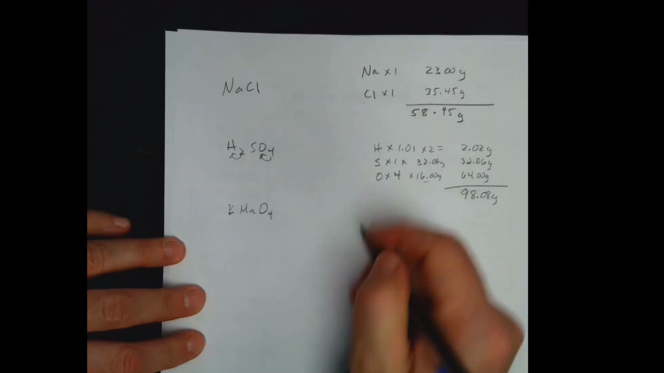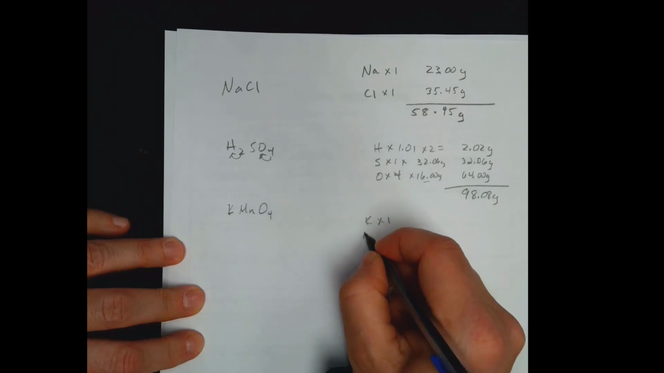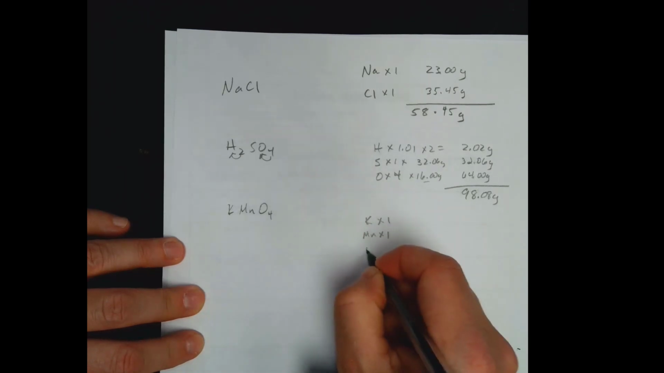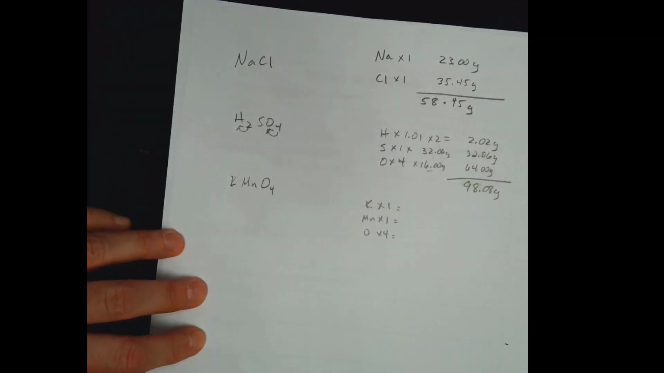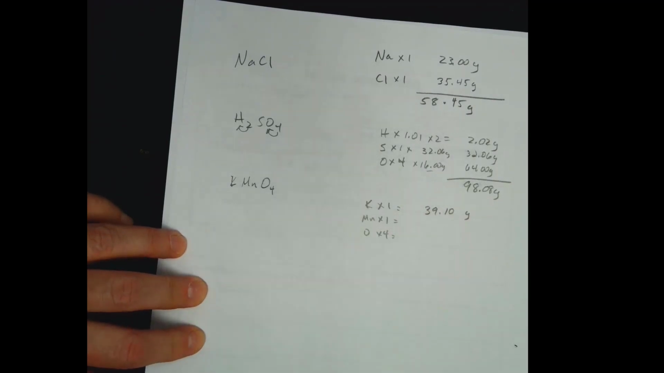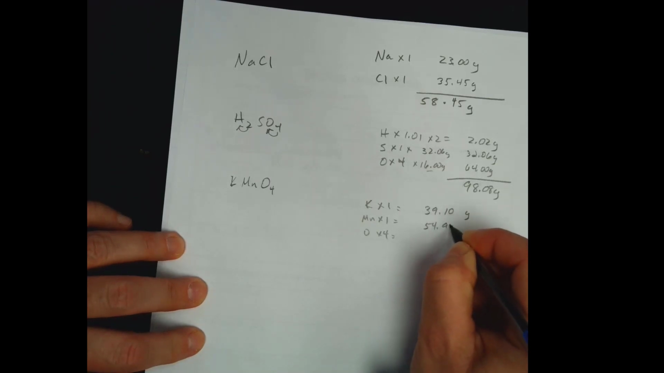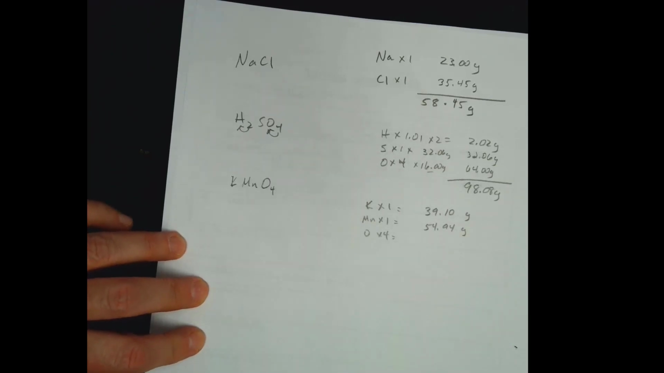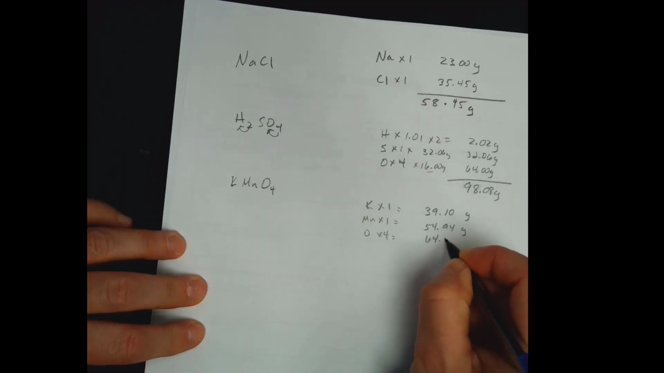KMnO4, I did, which means I have 1 potassium, 1 manganese, and 4 oxygen. So now it's just a matter of going through and finding my atomic masses. My atomic mass of potassium is 39.10 grams, rounded. My manganese, and again rounded, 54.94 grams. And I've got 4 oxygens times 16, so just like the last time, it's going to be 64.00